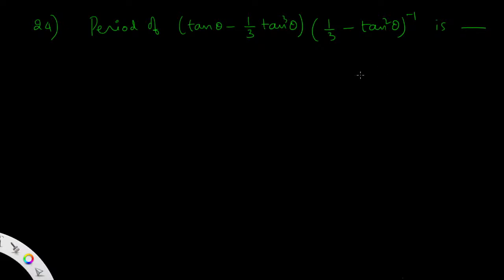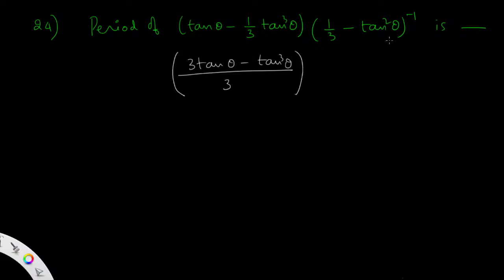So this is also a most important question in the previous examination question only. Tan theta minus 1 by 3 tan cube theta into 1 by 3 minus tan square theta whole power minus 1 is dash. So take the LCM in this expansion. Taking the LCM, it is 3 tan theta minus tan cube theta